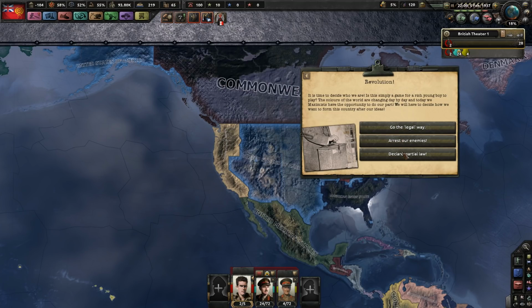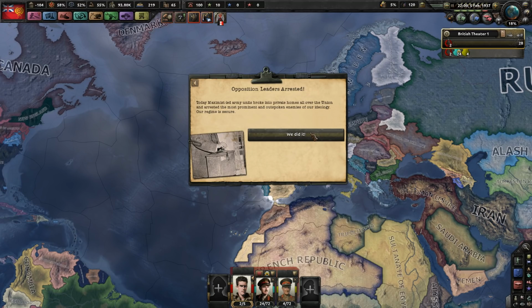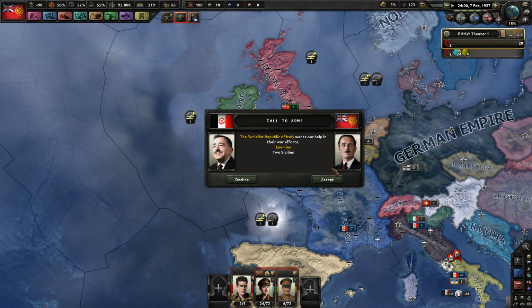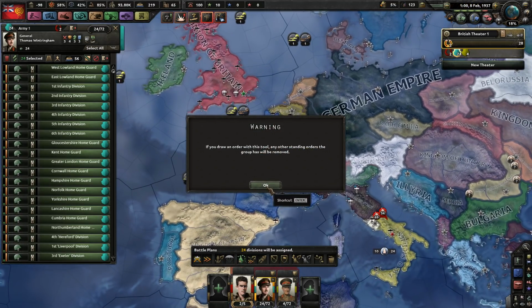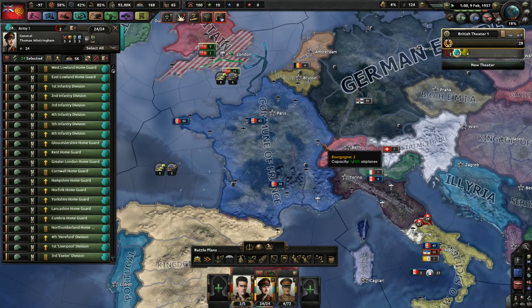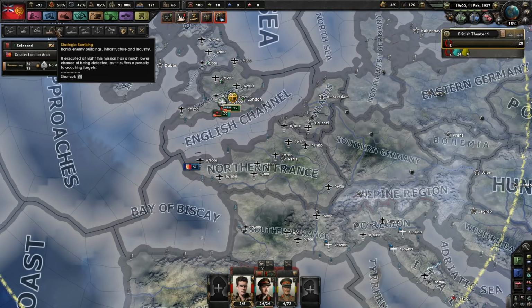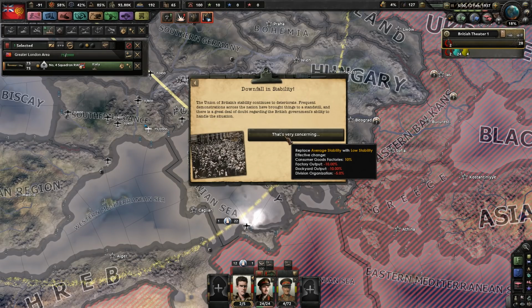Democracy prevails in the Philippines. Arrest our enemies. Well, let's fire at them. There we go. Hill Mosley. You know what? I will fight. Get some of that army experience that we need. Besides, they're calling on the Third International. We will answer. Right. You can actually hit that, so...